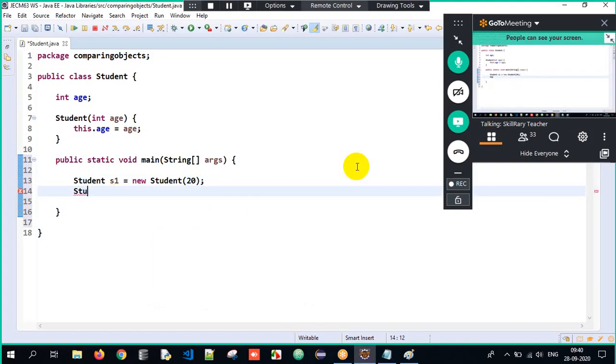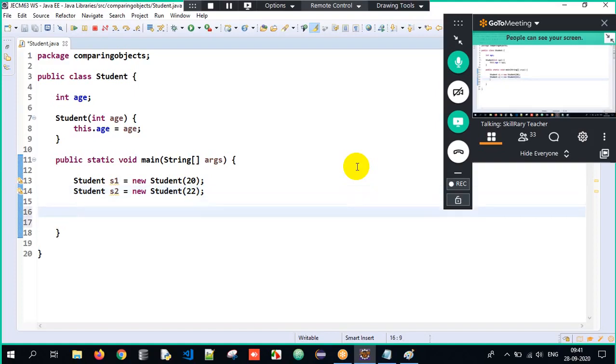I'll create one more student object, Student s2 equals new Student of 22. So there are two students, and their respective ages are 20 and 22.